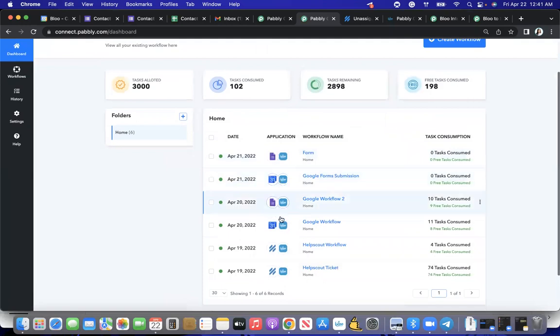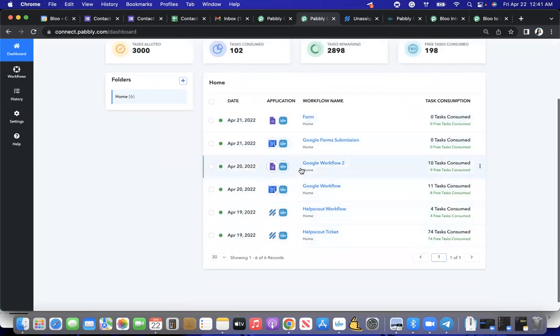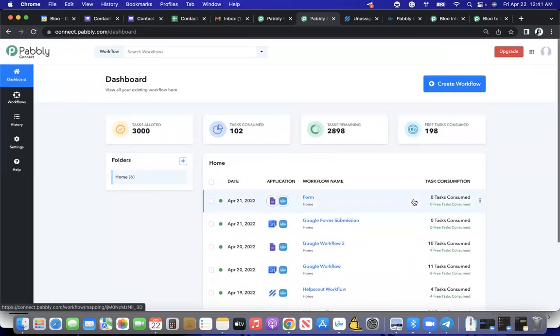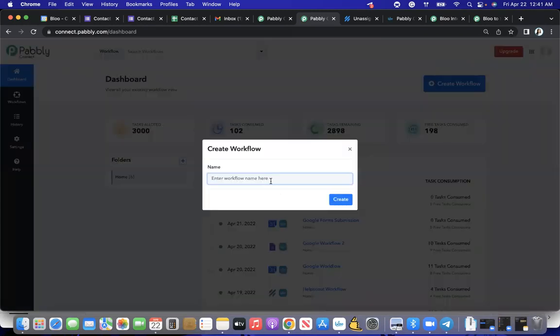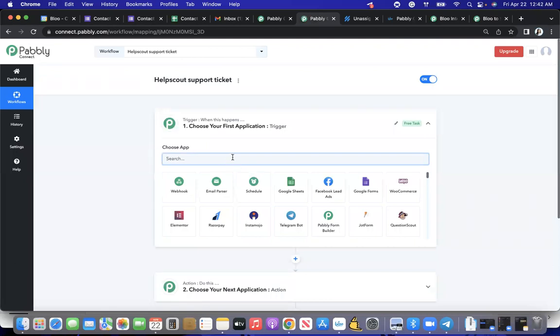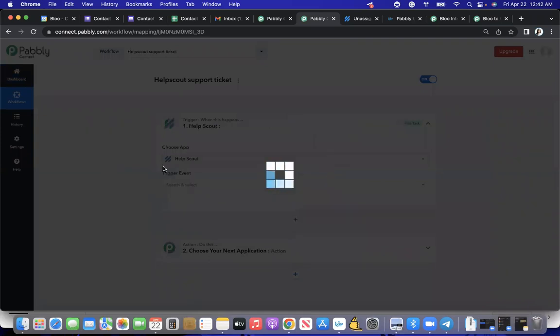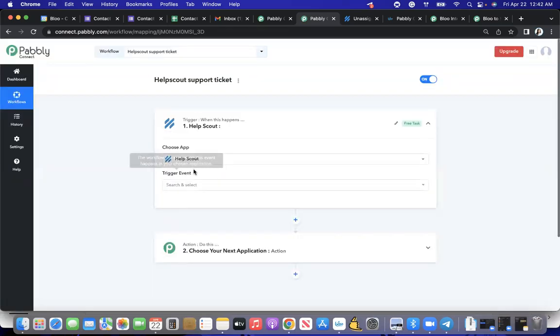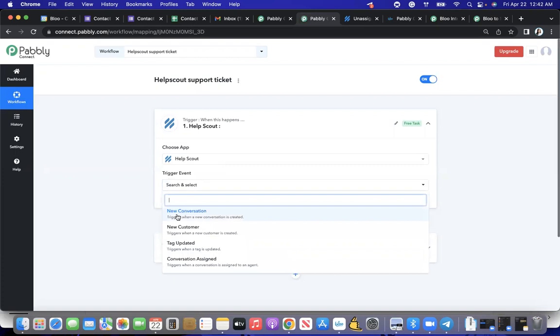And we set up the trigger and automations. So this would be quite a lot if you receive a lot of tickets. So now I'm just going to share with you how ticketing works as well. Let's create another workflow, and this would be Help Scout support ticket. And then now we're choosing Help Scout. But if you work with another tool that has a ticketing system or an emailing system as well, when there's a new conversation, new customer, anything like that,